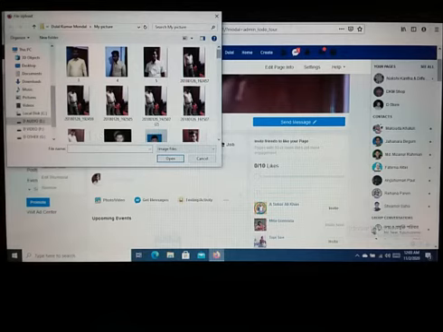Then you will see a search box. From here you will have to select one and at last click on open. In this way you can update your page's logo. Now I have clicked on cancel.